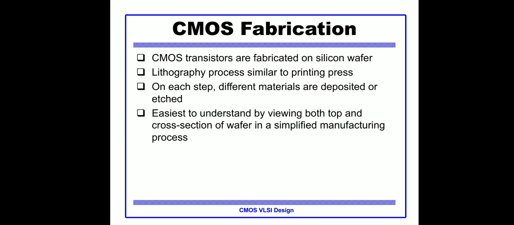These three terminals are gate, source and drain. The doping is applied on the drain and the source terminals. And here we use the lithography process, which is similar to a printing press. At each step, different materials are deposited or etched. The easiest way to understand this is by viewing both the top and cross section of the wafer in